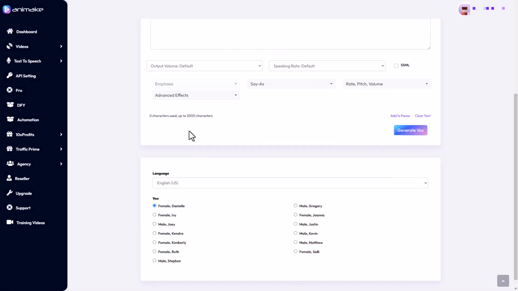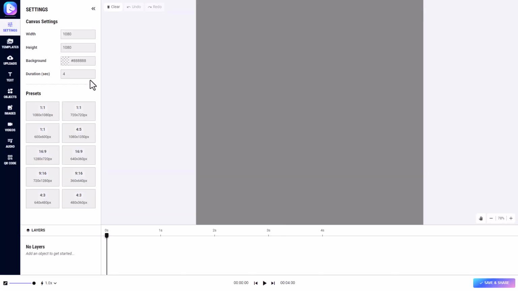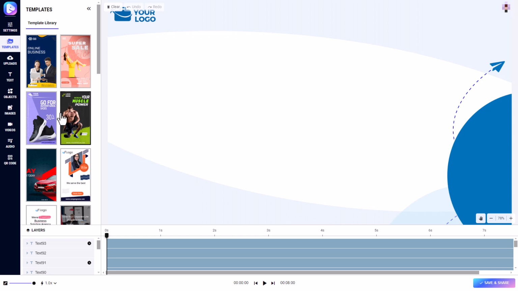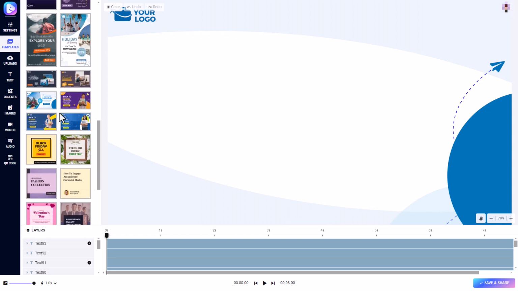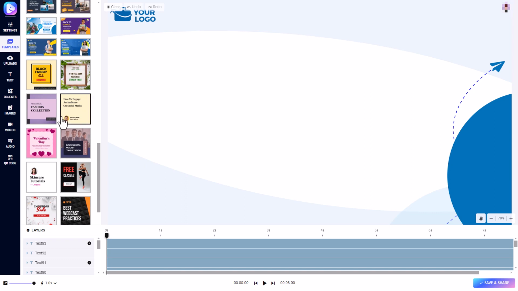So the text-to-speech works very well. I really like the video maker because it's got really good sort of templates that you can very easily adapt, and you can get a GIF and you can get an image and you can get a video. I don't like the fact that the video is WebM rather than MP4, and it seems really inconsistent to me, the video output. So that's a real shame, and that stops this product being really good value for $15.